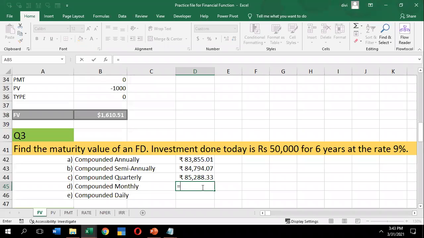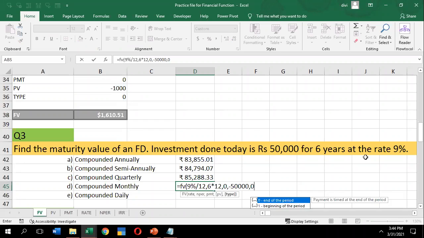Equals FV, present value, open the parenthesis, rate is 9%, 9% divided by how many? 12, there is a month, comma, nper is 6 multiplied by 12 months, comma, PMT I don't have, so 0. PV, it's the present value, minus 50,000, comma, at the end of the year.